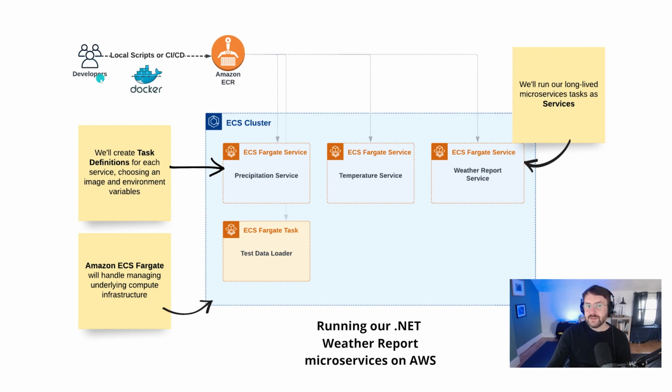So this diagram is helping us understand that as developers, we're going to be containerizing the work that we're doing and essentially pushing images, tagged images, up to Amazon ECR, which is our container registry. If you haven't used ECR before, you can think of this as